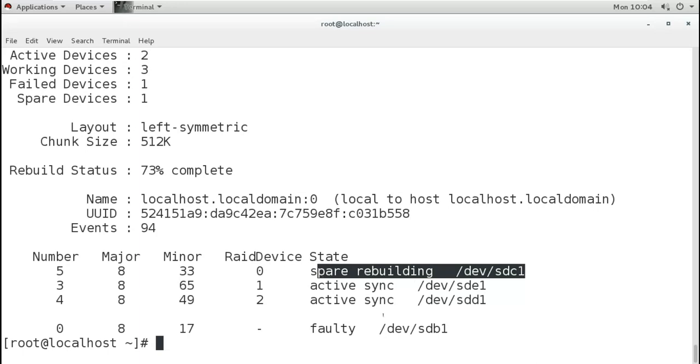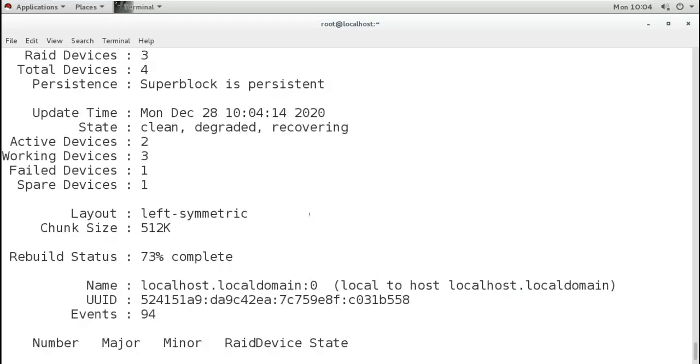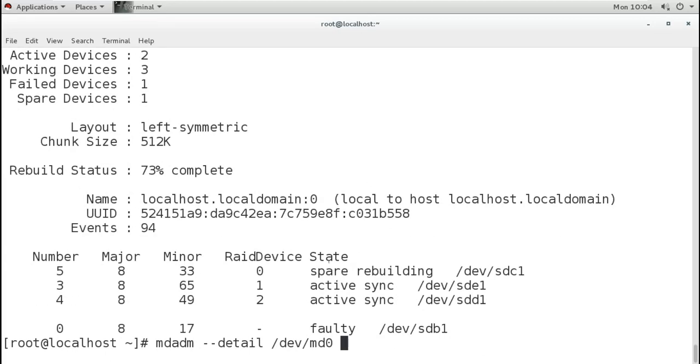And now again when I check the detail, and if you see here, what is the state? It is saying clean, degraded, and recovering, because it is rebuilding the RAID by using the parity. And it is saying here the rebuild status was 73%.